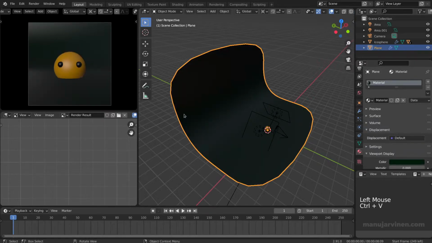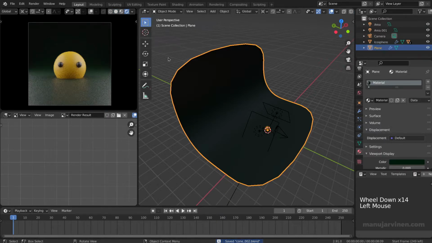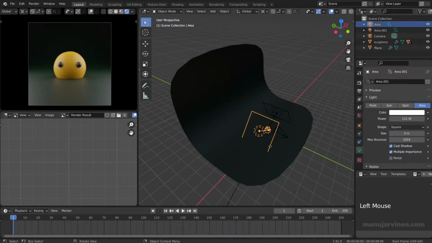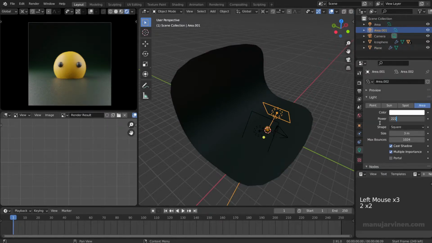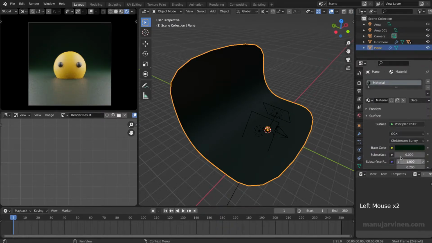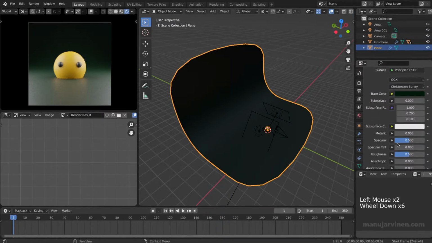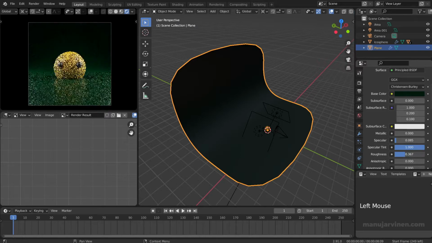And I guess we can put the render engine on and increase the power of the lights a little bit, or double. Then fiddle around with the material settings a little bit, like less specularity and specular tint to the maximum and roughness a little bit less,